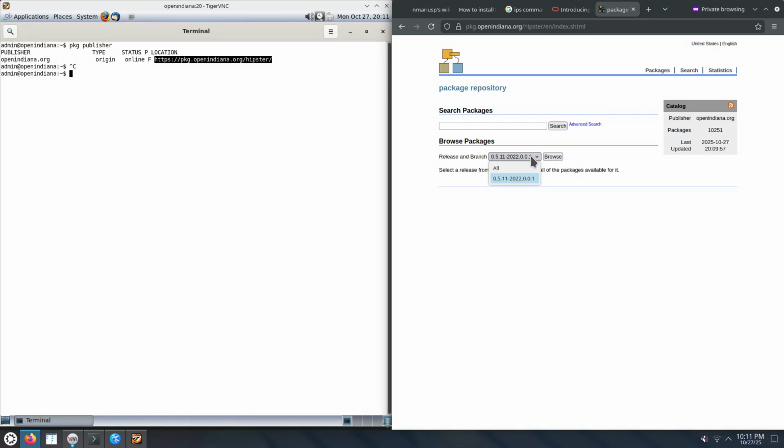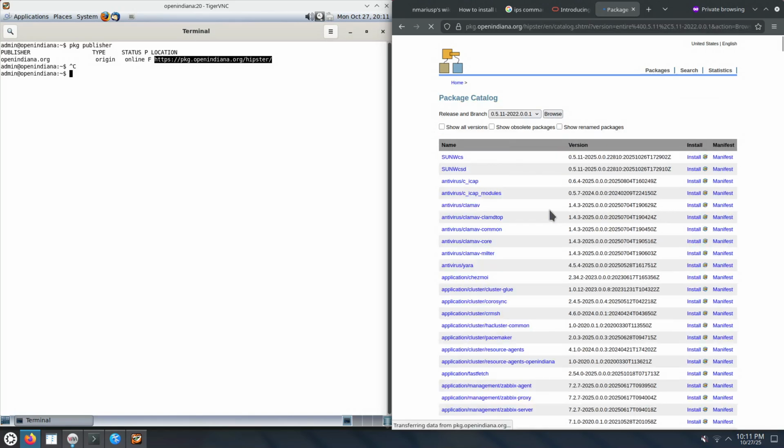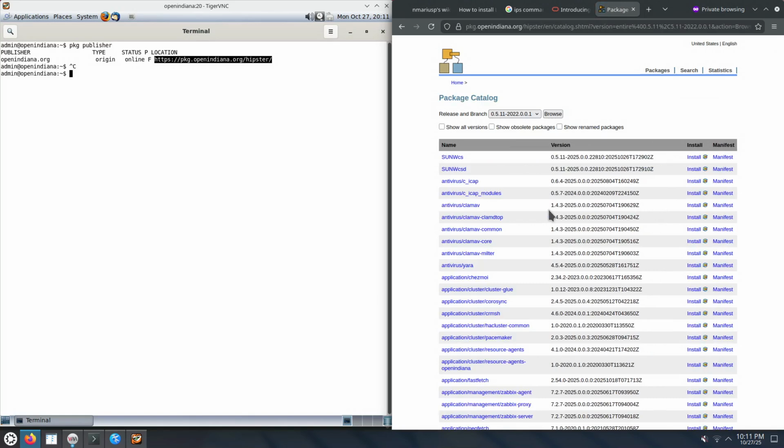I'm not sure what this option means, 2022.0.0.1. Okay, but this allows you to see the list of packages. There's 10,000 binary packages. Some of these packages are alien to people that have always used just Linux, such as these things, Sun WCS,